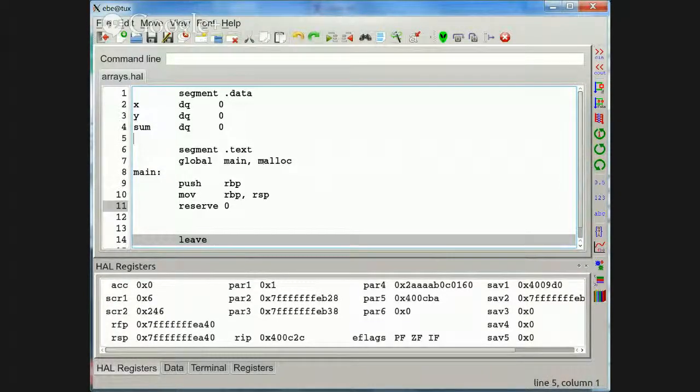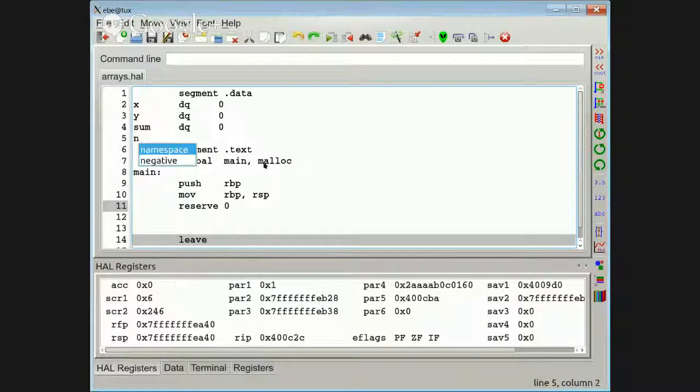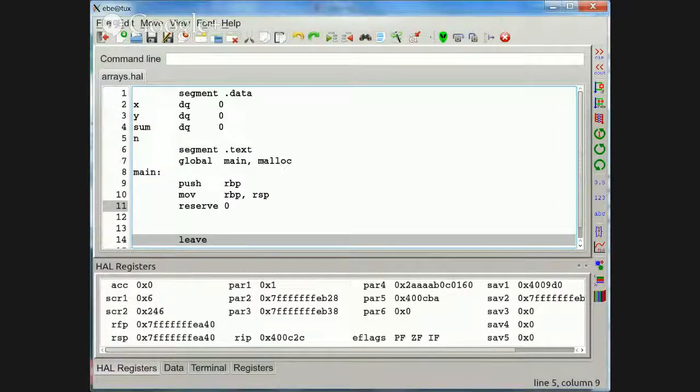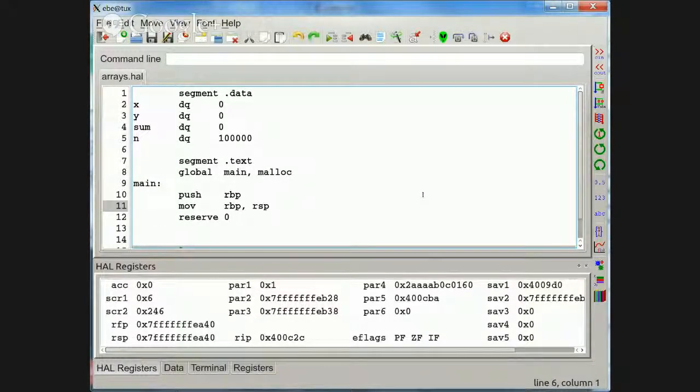Let's set that number. Let's call it n. That seems sufficient. So we want to allocate